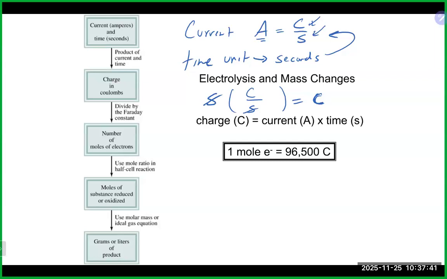Once you do that, you can use Faraday's constant as a conversion factor to go from coulombs of charge, which is 96,500 coulombs per mole of electrons. And this will eventually get you to moles of electrons. So that's a pretty standard opening to an electrolysis calculation. The ultimate goal here is to get to the moles of electrons. Now, once you get to the moles of electrons, this is where your half reactions,